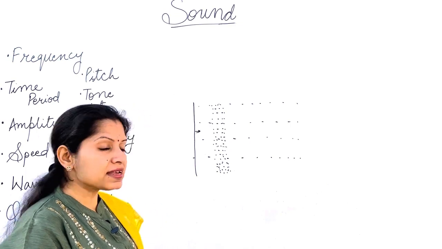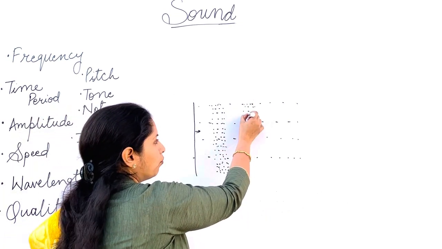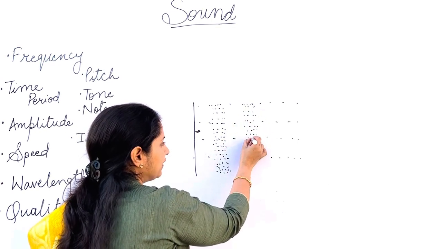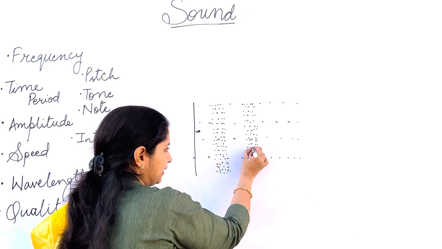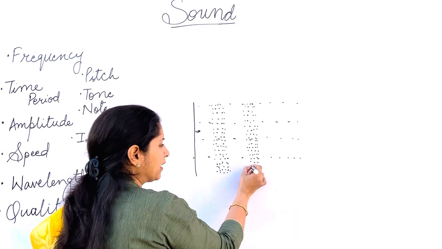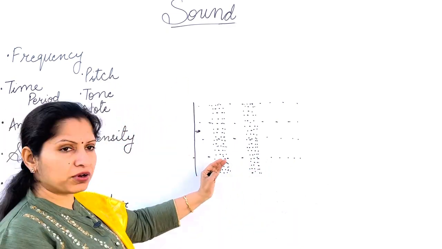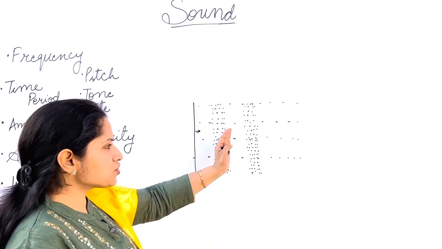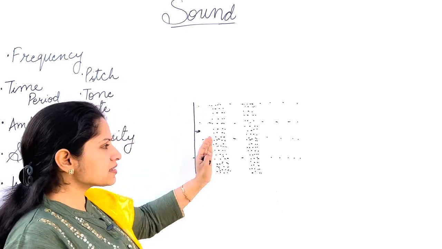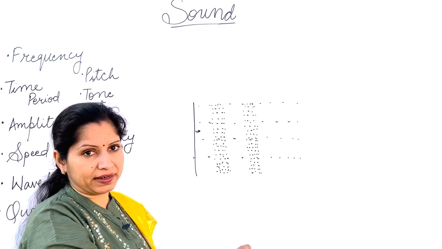So what happens? There is alternate production of areas of more particles and less number of particles. Alternately, we will see that in the air, in the medium, whatever could be the medium, the number of particles will be constantly like this: one area will be having more number of particles and the next consecutive area will be having less number of particles. So we'll have this kind of a pattern that will be shown by the number of particles.